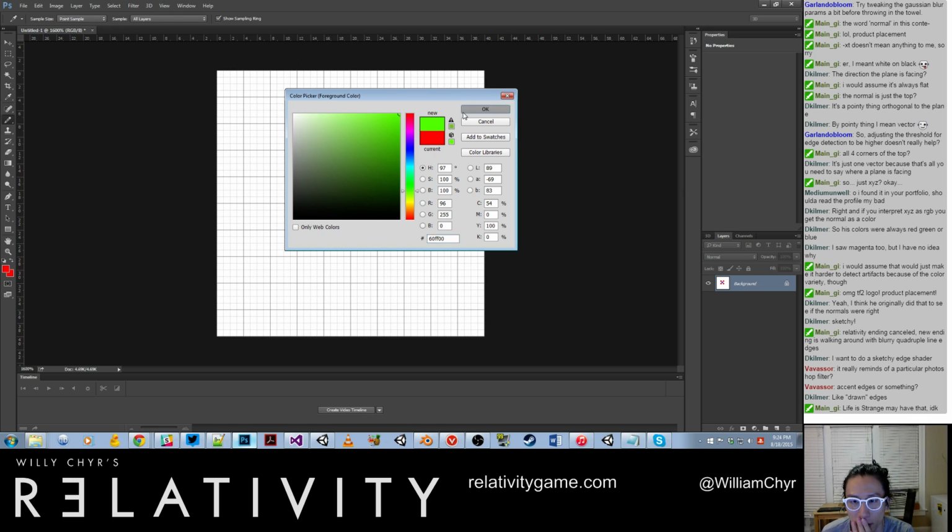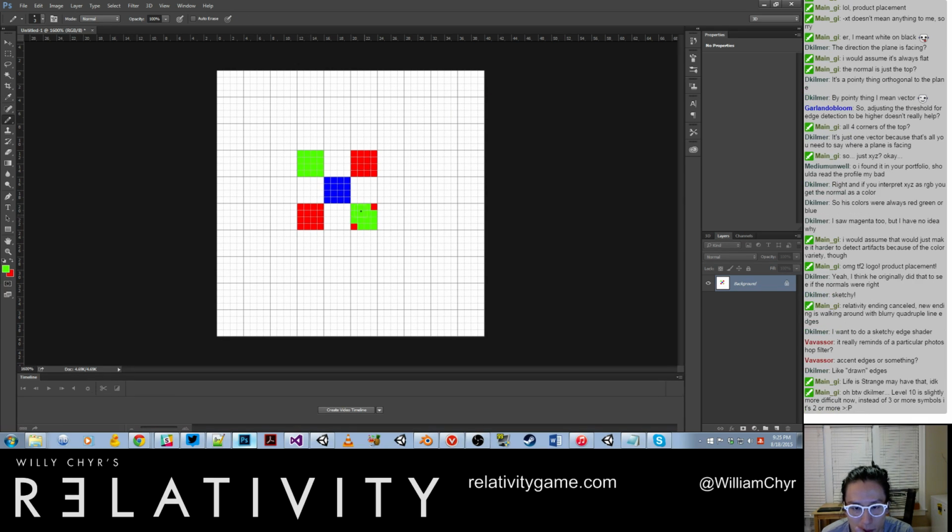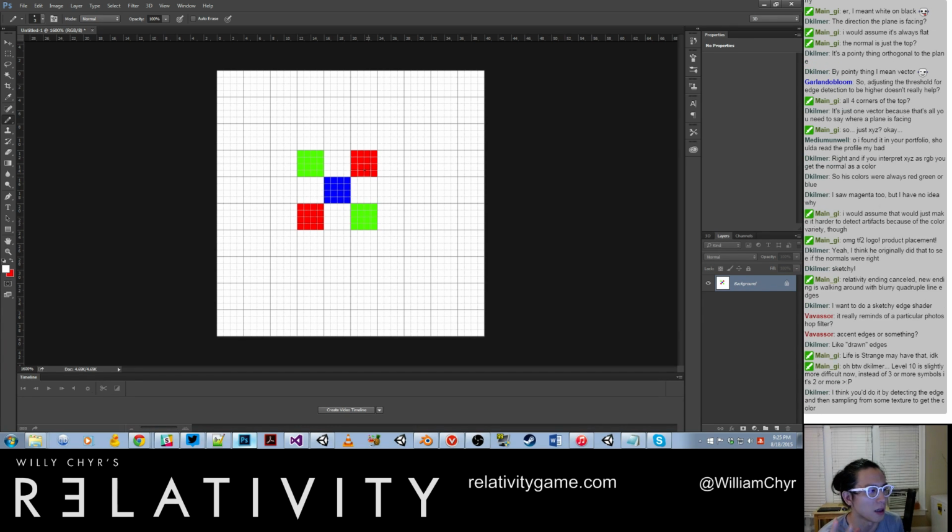Let me do another color thing. So this is our sampling, and basically the blue is the pixel in the center. That's the one we're looking at. So our question with the edge detection shader is: is blue an edge or not? And what we are doing is,